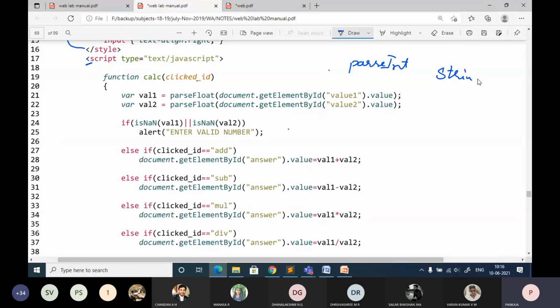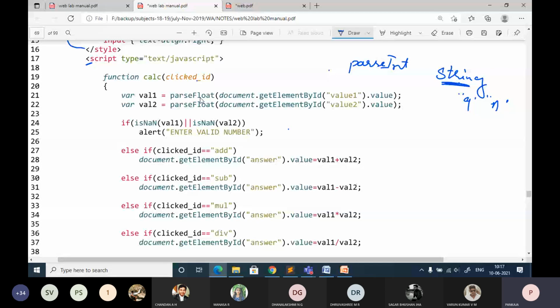I think there is one program I've executed to show this. So even if you enter 9, it is considering it as a string. Even if you enter a, this is considered as string. So whenever you want to convert this input, whatever is read from the user, into a corresponding data type, it is called typecasting. Here I am using parseFloat, where it is going to convert the value that is entered by the user in the text box. It is a string that should be converted into float using parseFloat.